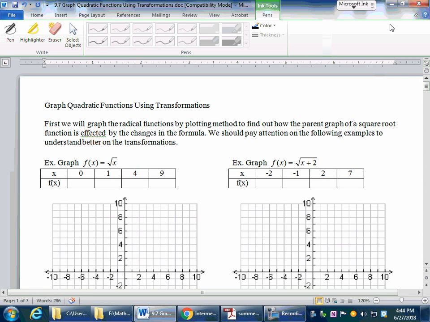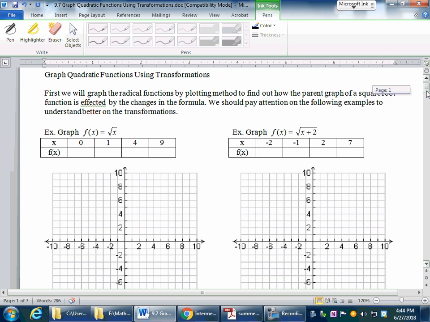9.7. Graphing quadratic function by using transformations. We talked about this back in chapter 3, but vaguely. Right now, before I even start talking about transformations, I want you to look at the following examples and observe what changes from our parent graph formula and how the graph is changing. Then we will generalize it in terms of function notation for all the